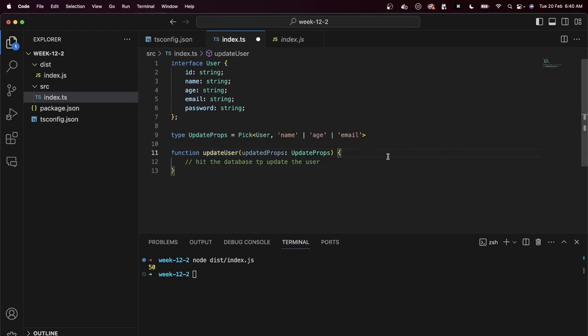That's the first API. Try to write it yourself specifically. Get comfortable writing this syntax. Pick, the first argument being what you want to pick from, and the second argument being all the properties you want to pick, separated via an OR. Cool. That's the first